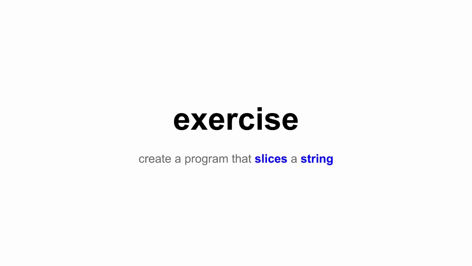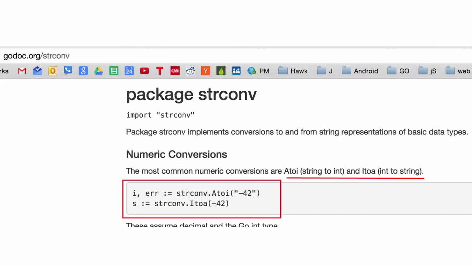And then escape sequences, length, exercises. The string convert package is good to know about, so you can convert ints to ASCII or ASCII to int. I think that's what the A stands for in ITOA. Is that right? That's just my assumption. Those are old C functions, I'm not actually sure. And so that's how you'd use it.